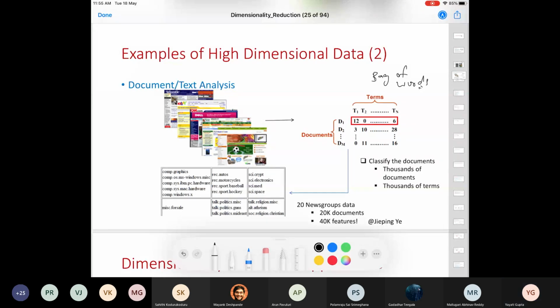So the dimensionality of that data set would be close to 30,000. And usually these models do not work in such high dimensional spaces. And you can imagine that not every document would be having... Do you guys know what bag of words is?